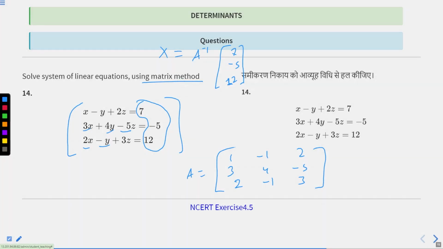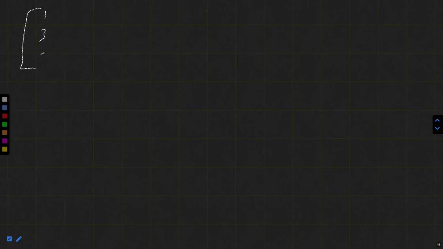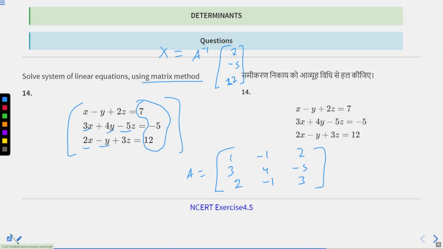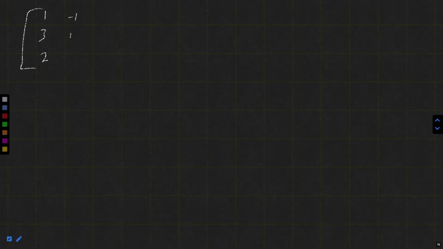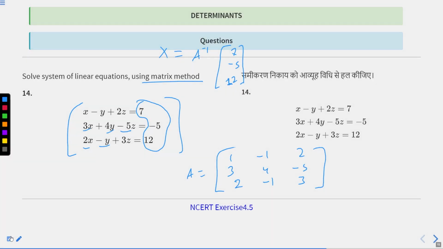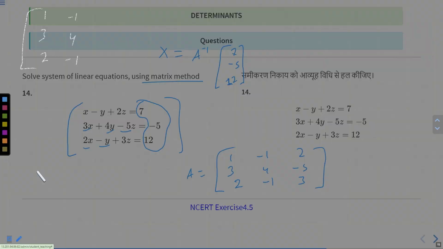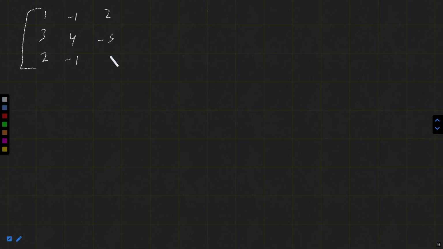First of all, I write the A matrix: 1, minus 1, 2, 3, 4, minus 5, 2, minus 1, 3,